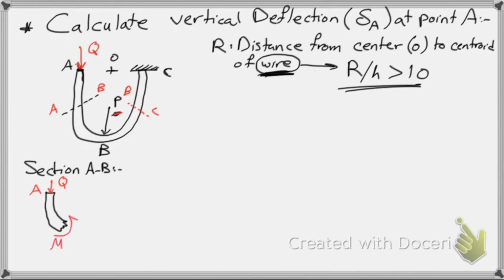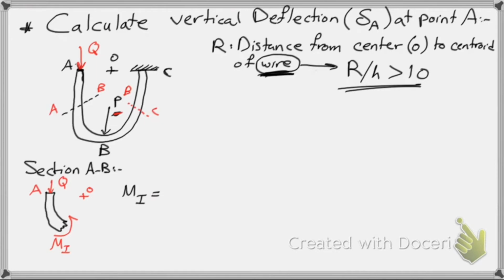Let's call this one moment M1. And you have O right here, and the radius is R. Right, so we're trying to find the moment. So M1 is gonna be equal